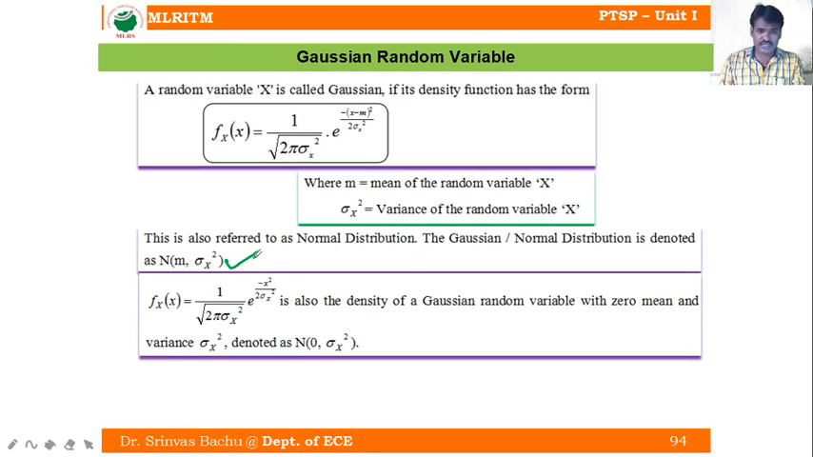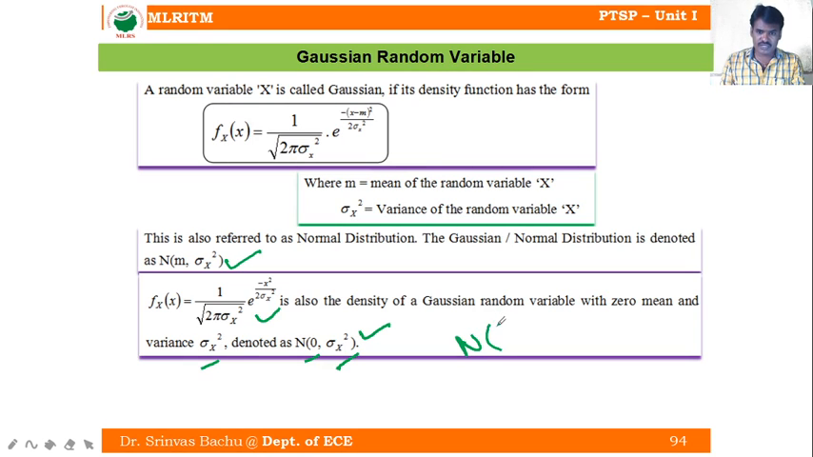Fx of x can also be represented as N of 0 comma sigma square x, which means the mean value is 0 and the variance is sigma square x. That is, fx of x equals 1 by square root of 2 pi sigma square x, e to the power of minus x square by 2 sigma square x. When the mean m equals 0 and the variance is 1, this is called the standard Gaussian,